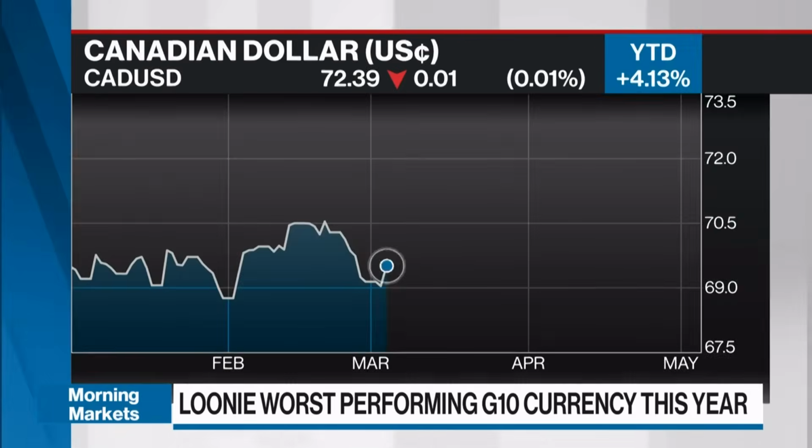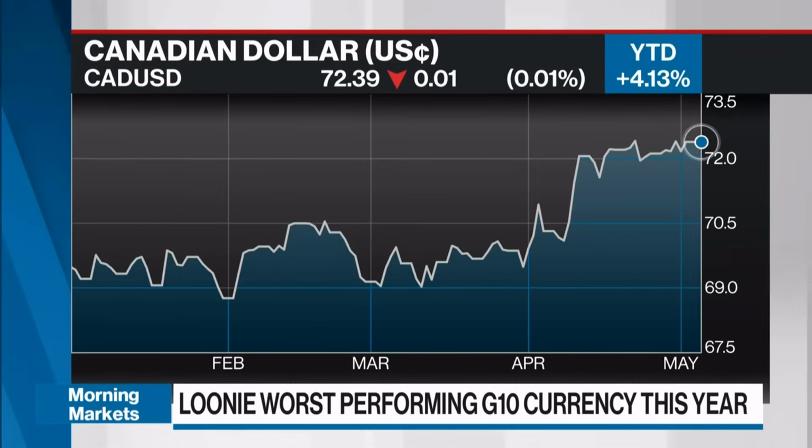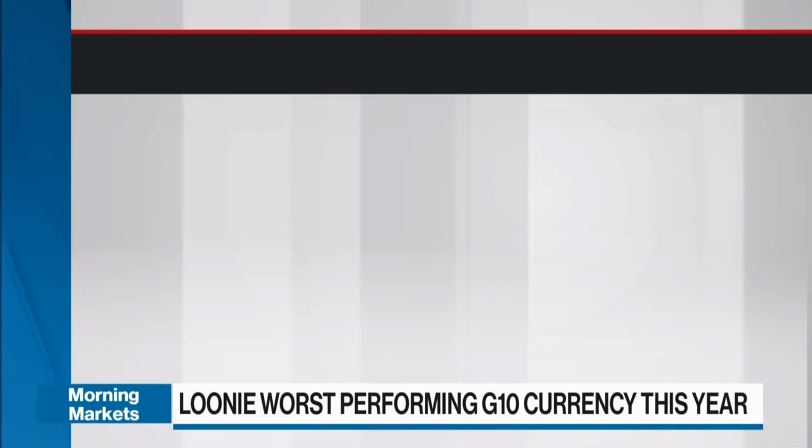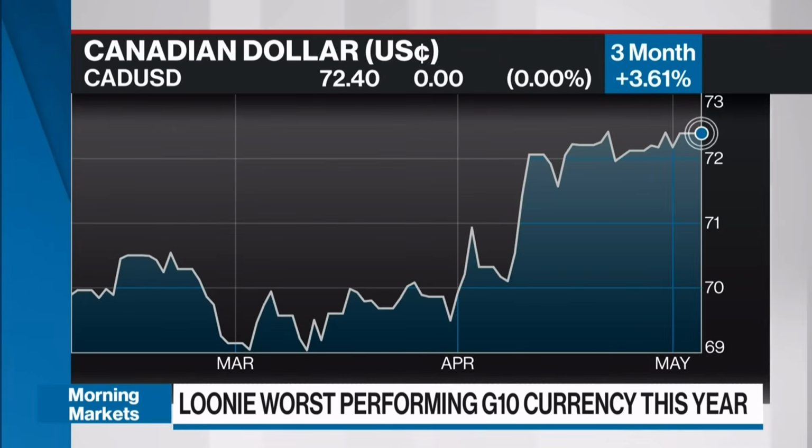I think one big reason for that has been the unfortunate North American beta that Canada has to the US. In the last 3 months, we've seen a massive loss of US exceptionalism. Investors have been forced to look for alternative safe havens outside the US, and Europe has come up as a prime candidate for that, especially on the back of the fiscal announcements we got out of Germany and EU a few weeks ago. That has really primed Europe as a better candidate to the US.